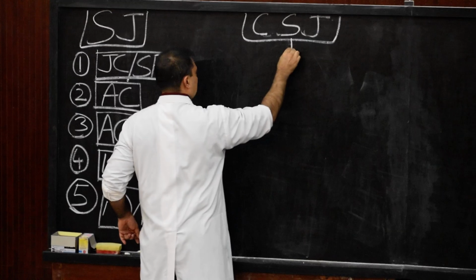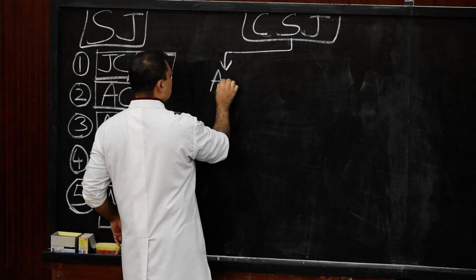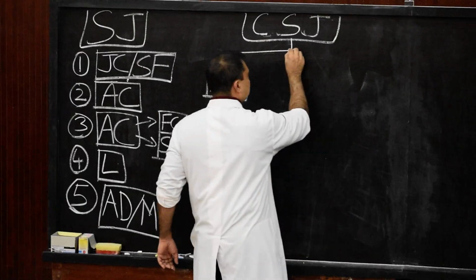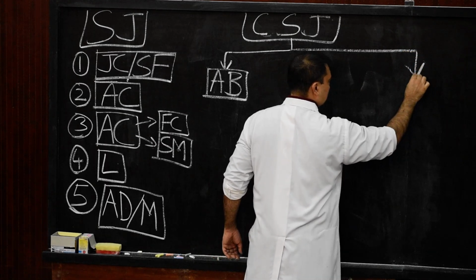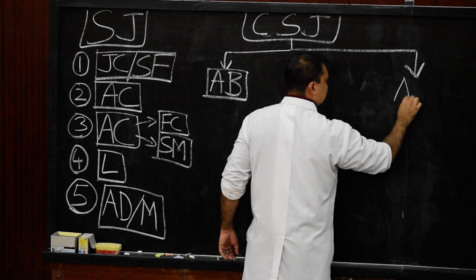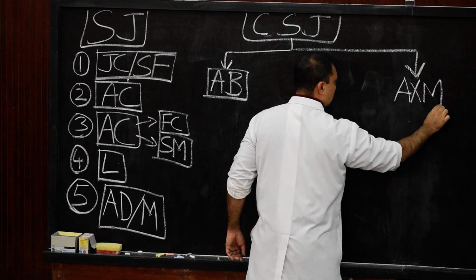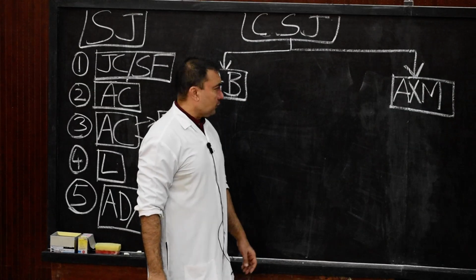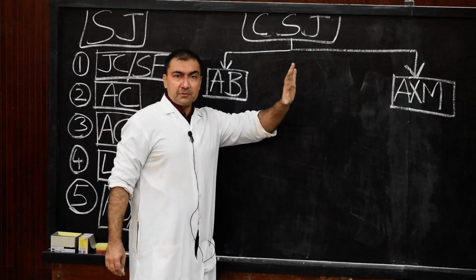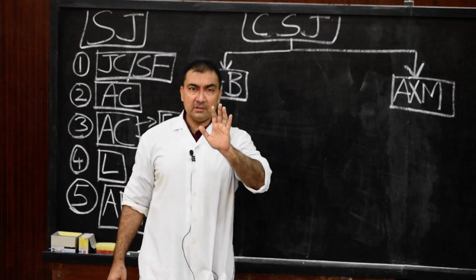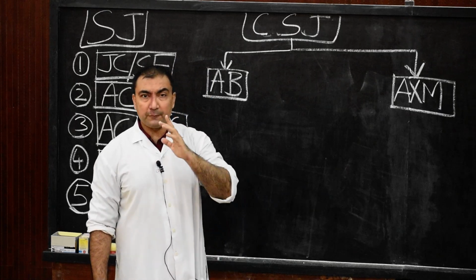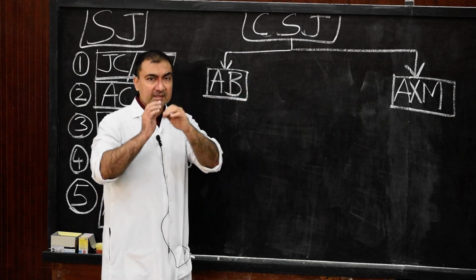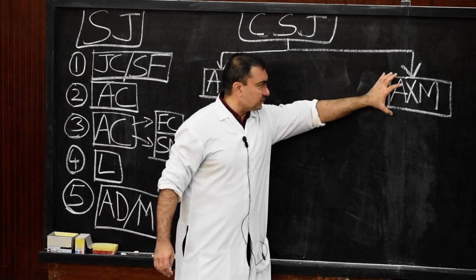The first classification is based upon the number of articulating bones. The second classification will be based upon the axis of movement. So therefore, this is the general classification of synovial joints. Remember, sometimes you are asked a short note on synovial joints where you have to classify and present this flow chart. So our classification of synovial joints, which is very important, is divided into two basic categories: according to the number of articulating bones and according to the axis of movements.